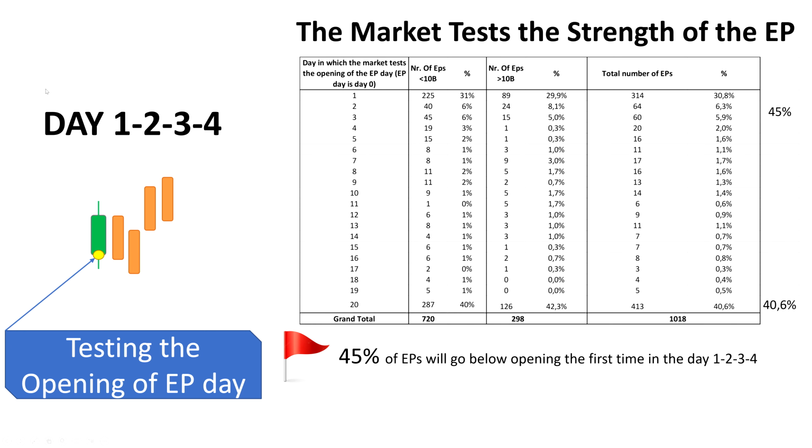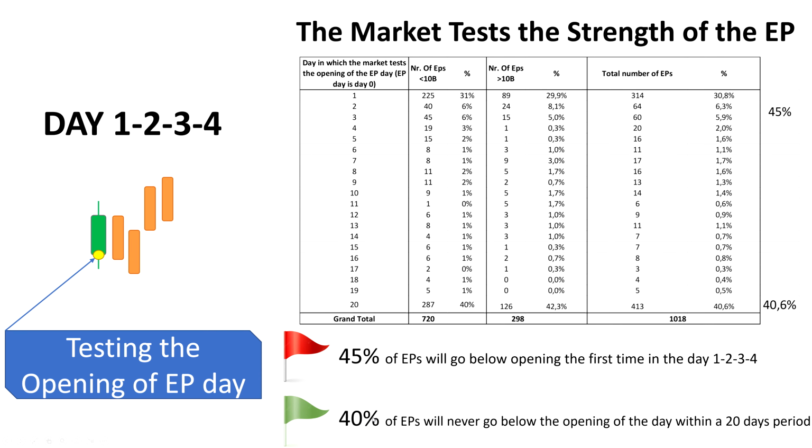That's why I call it an event day, because in almost more than half of cases, the stock will get below the opening in day 1, 2, 3, or 4, with day 1 being at 30%. So as soon as an EP happens, it's highly probable that it will go below the opening in day 1. Okay, and then 40% of EPs will never go below the opening of the day within the 20 days